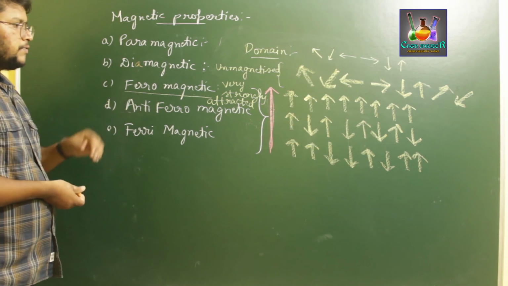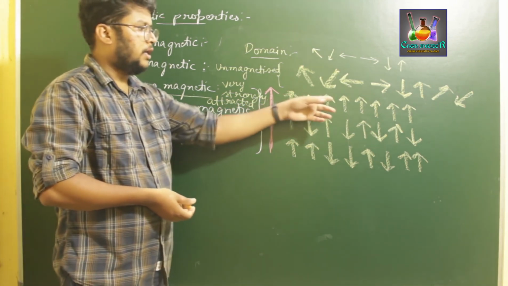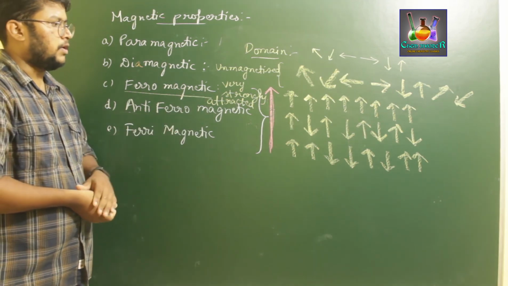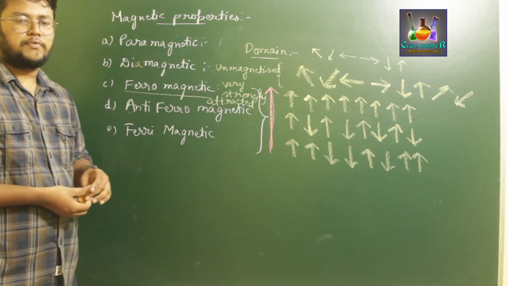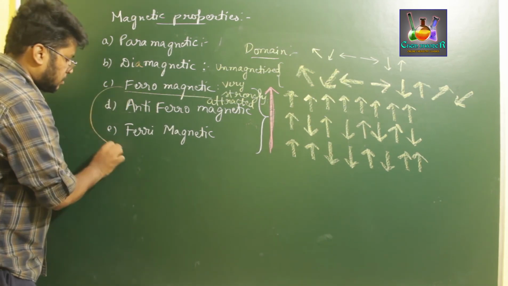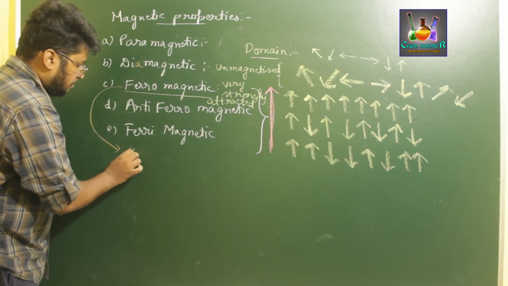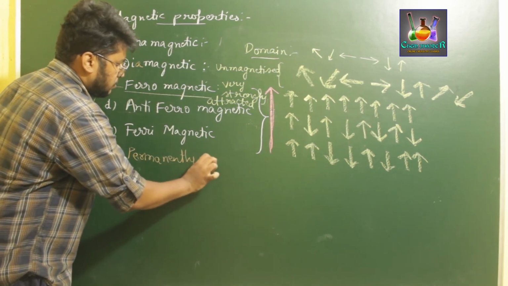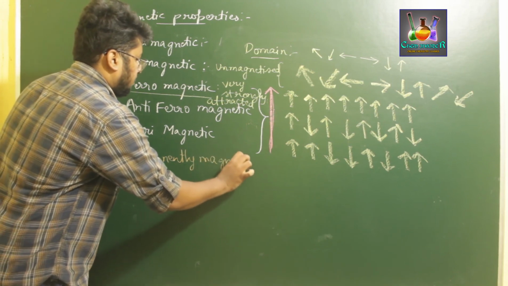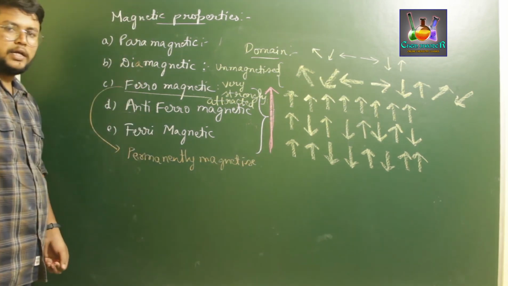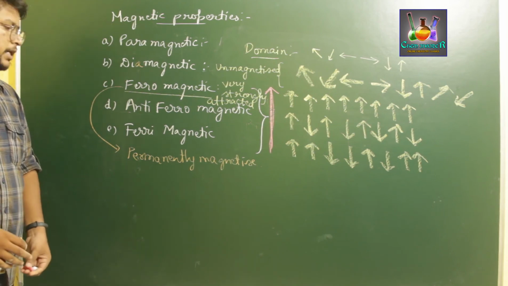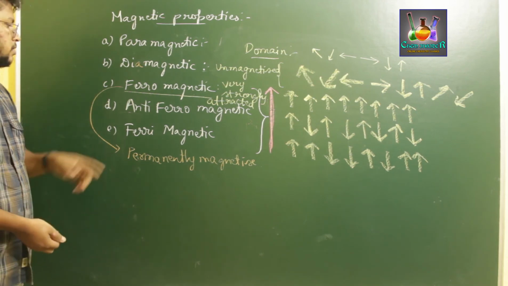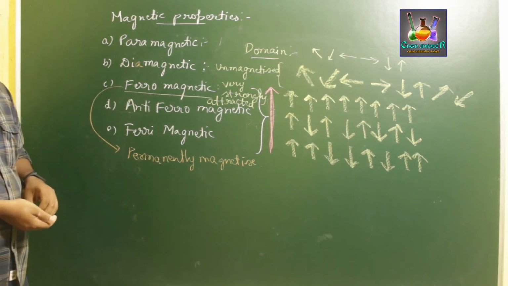And further, these ferromagnetic substances, once they are aligned in this manner, if we remove the magnetic field, will stay aligned in this manner itself. So therefore, ferromagnetic substances once aligned are completely magnetized, or are said to be permanently magnetized. So if you ever get a ferromagnetic substance and magnetize it, it will be permanently magnetized and it cannot be demagnetized. Okay, so this is about the magnetic properties of solid states.